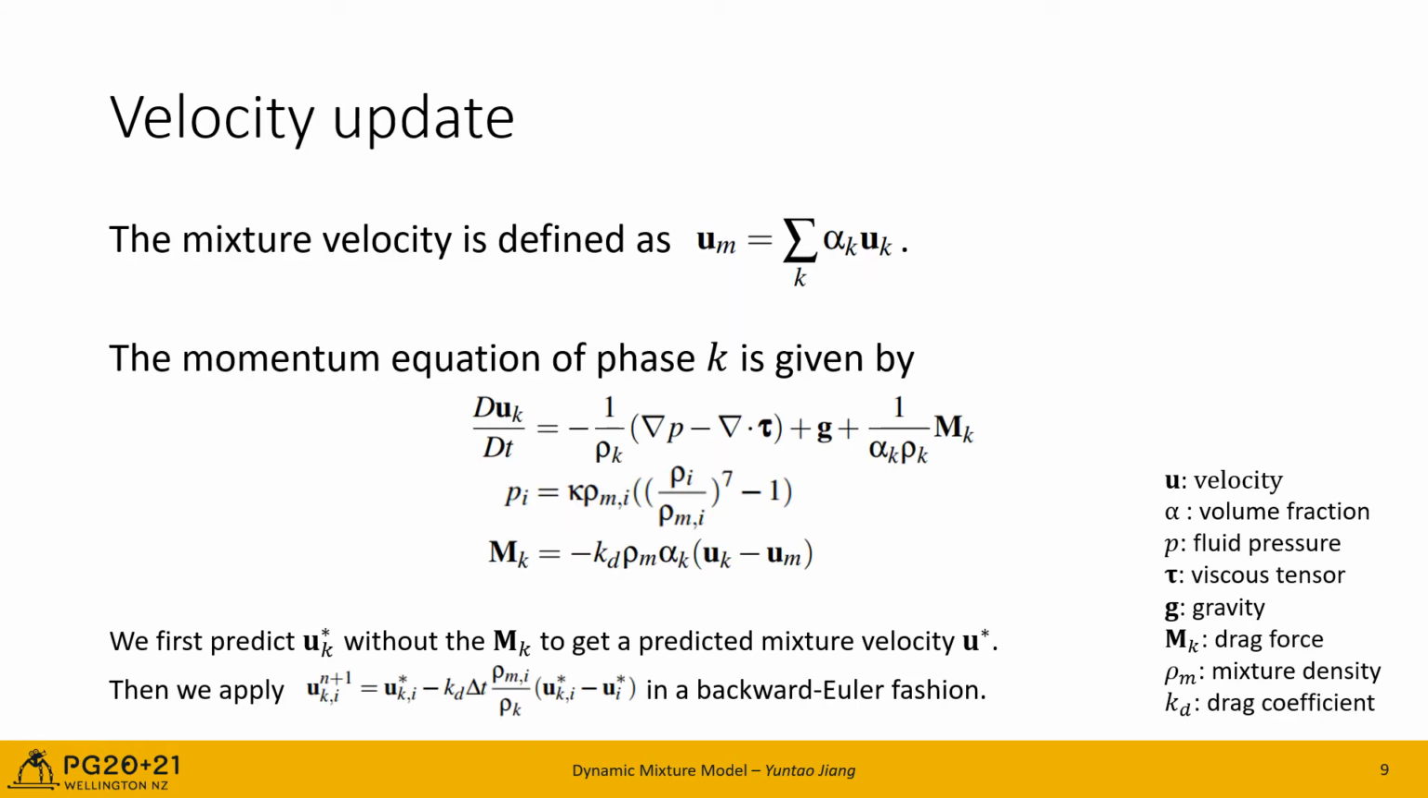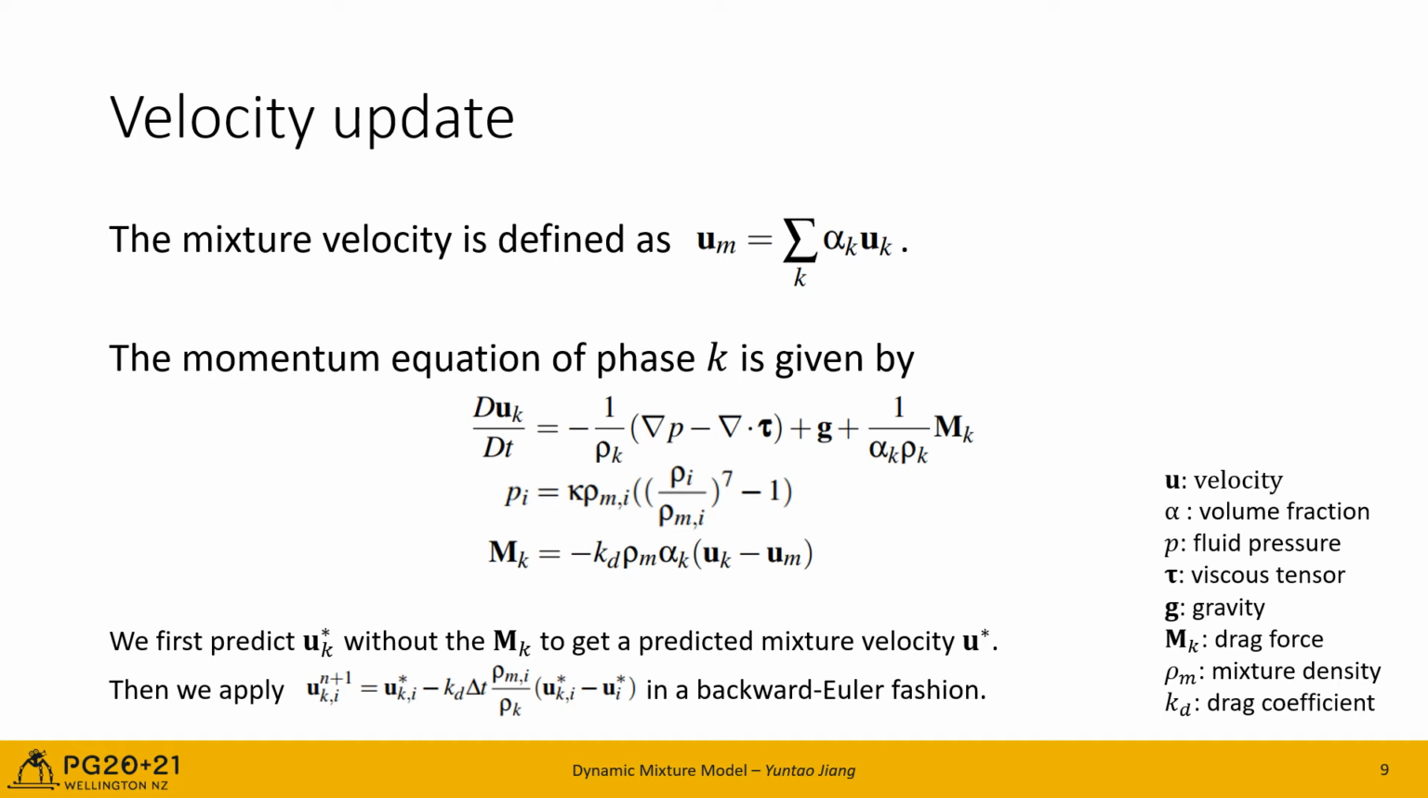Now we briefly look at the formulations. The mixture velocity is defined as the average of the phase velocities weighted by the volume fraction. This definition satisfies divergence-free condition if all the phases are incompressible. The momentum equation of phase K is shown here. As we can see, P is the fluid pressure, τ is the viscous tensor, G is the gravity, and Mk